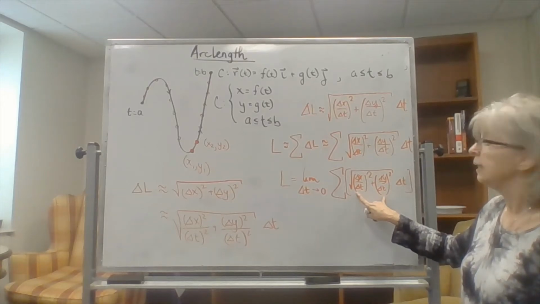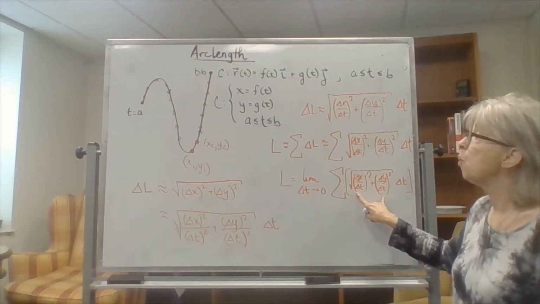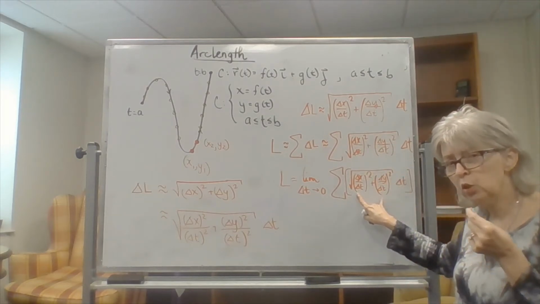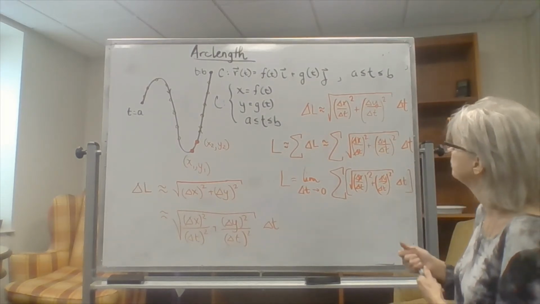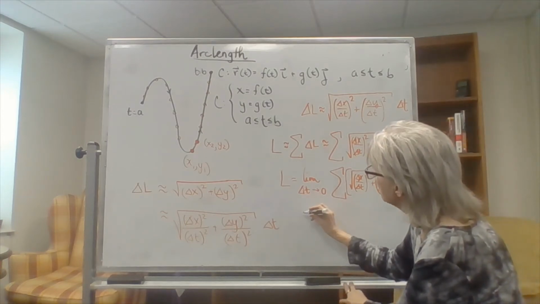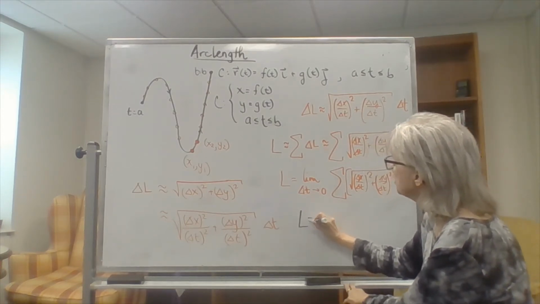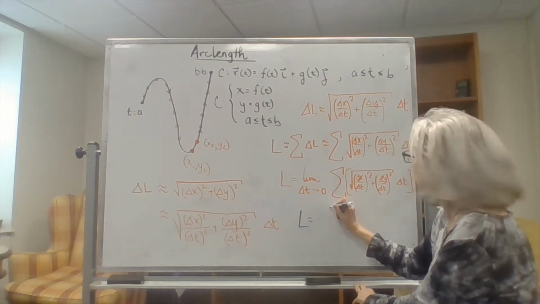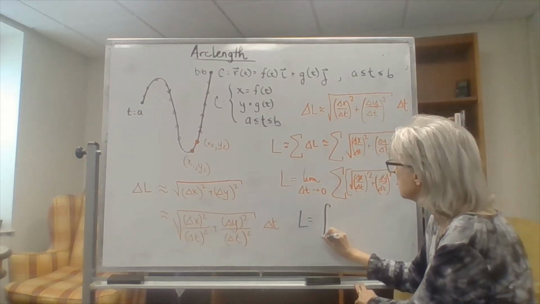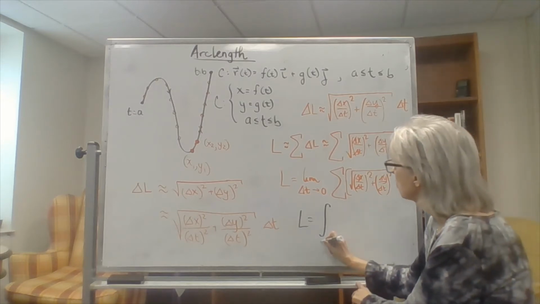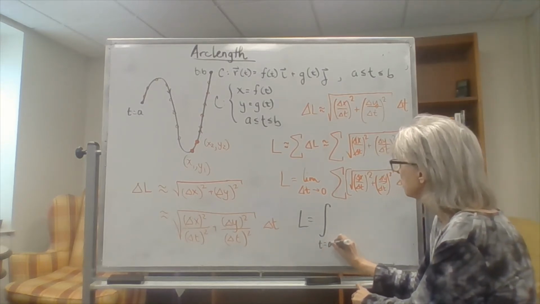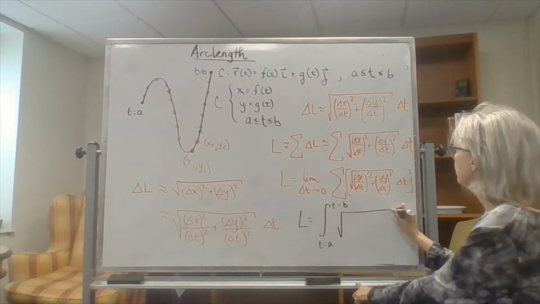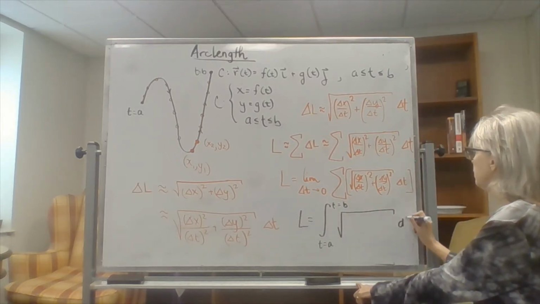What is my distance between 2 points as I walk along that curve with tiny little time steps? My arc length, one of the versions of the fundamental theorem of calculus says, will be the integral from the start to the finish of the square root of, now you know your